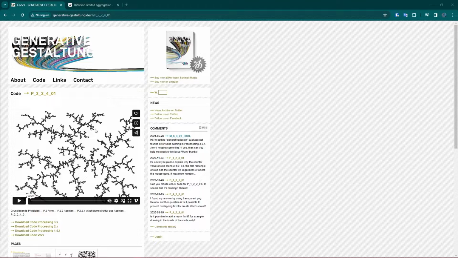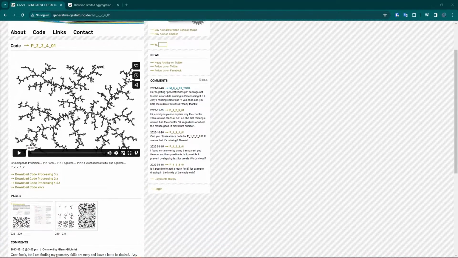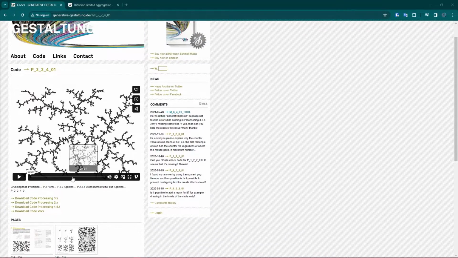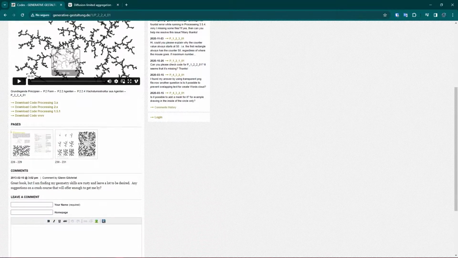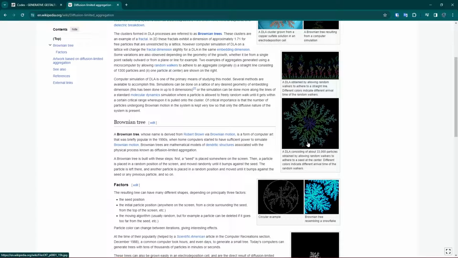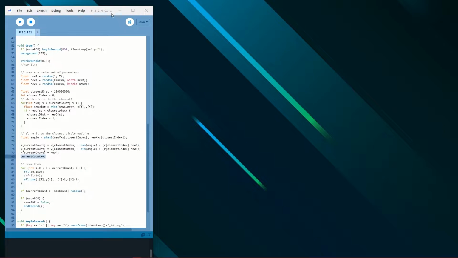I'm gonna put this aside to guide me through, and I'm gonna show you this. That is the page of the chapter that we're gonna recreate in TouchDesigner. And this chapter uses the diffusion limited aggregation, that is this kind of pattern of aggregation. Okay, so I'm gonna close this, and we're gonna open